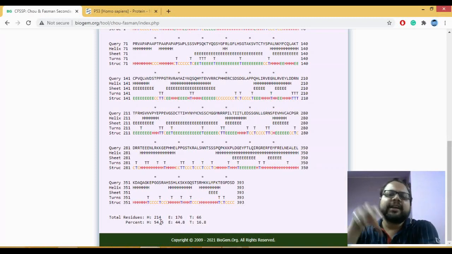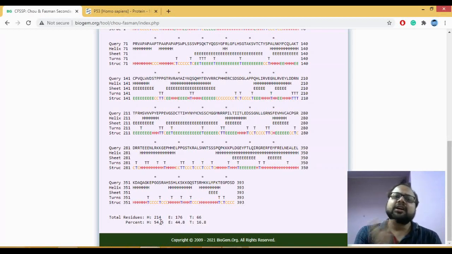The reason this information is useful is that if you know the pocket region, you know the sequence for the pocket region. You will know whether it is an alpha helical structure, or a beta sheet structure, or mostly composed of turns, or even coils. Based on this, the stability of the protein can be predicted. If there are more turns and more coils, then the protein is a bit unstable.